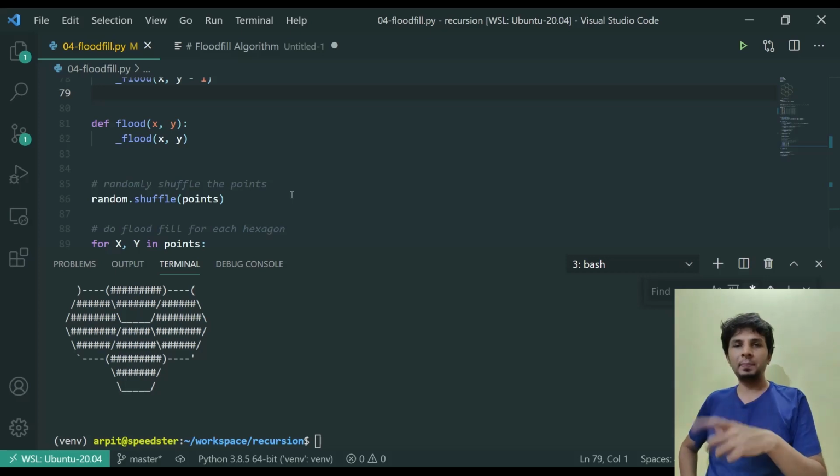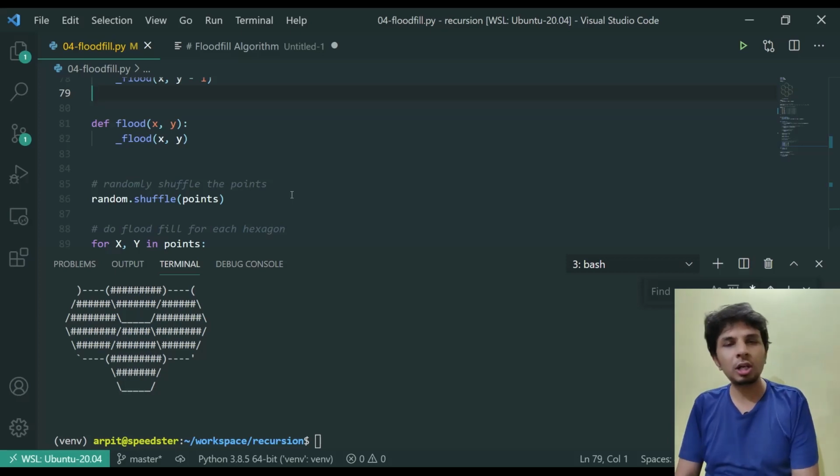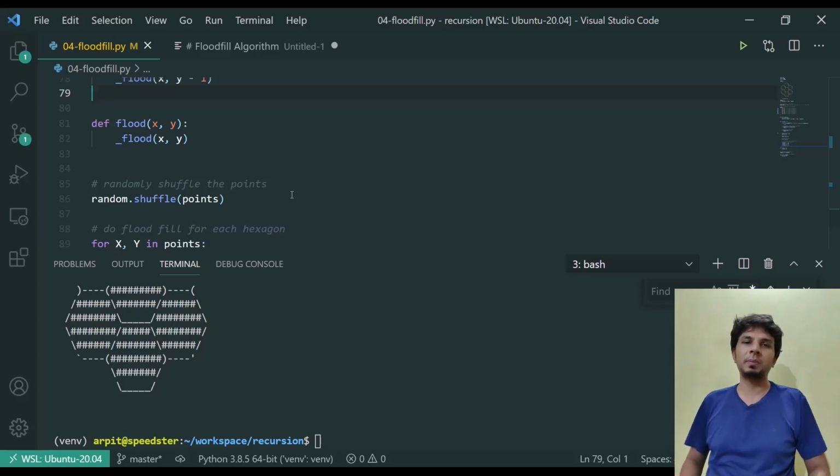The implementation that we are seeing over here is a recursive implementation, but there are obviously simpler iterative implementations as well. And a really interesting one actually optimizes one iterative implementation. So there are very interesting use cases of flood fill and very memory and space efficient implementations of the flood fill algorithm. So I would heavily recommend you go to Google Scholar and check a few of the research papers out. You'll definitely have some fun.